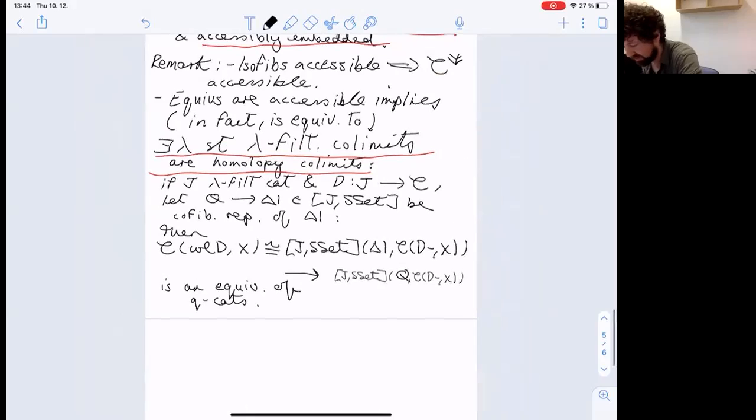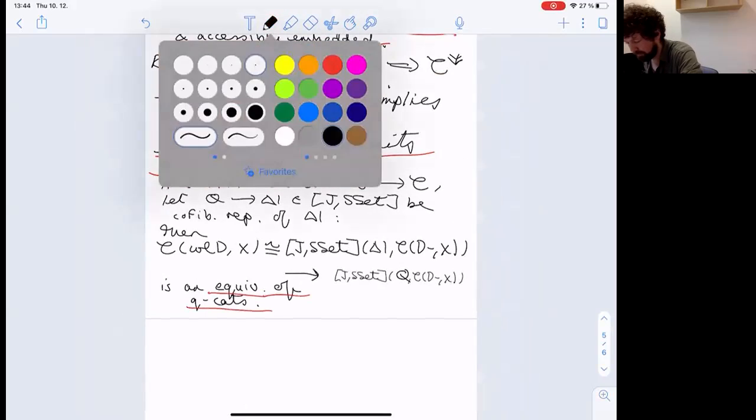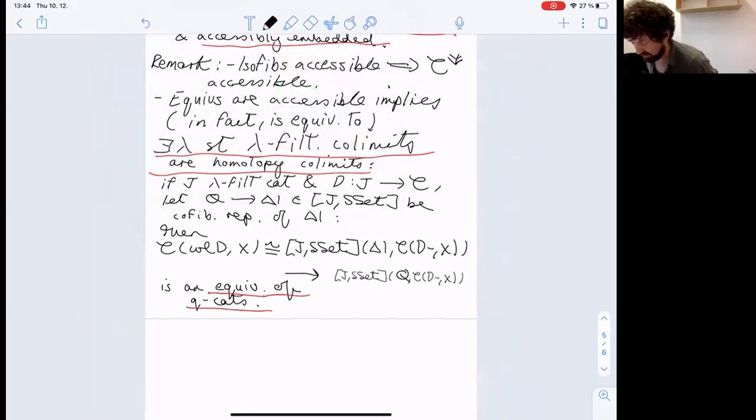So both the left-hand side and the right-hand side are automatically quasi-categories, so we can speak of an equivalence. Now, this is a strengthening, if you like, of the notion of a filtered colimit, which says the first part is an isomorphism. Now we're saying that the whole thing being an equivalence says somehow that these filtered colimits are also well behaved with respect to homotopy cocombs. Okay, well, I'll explain why.